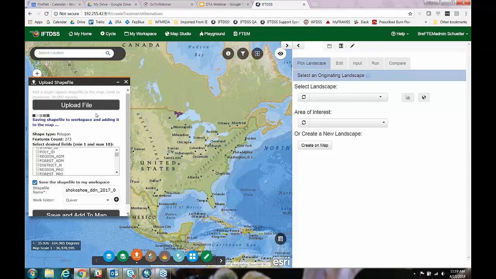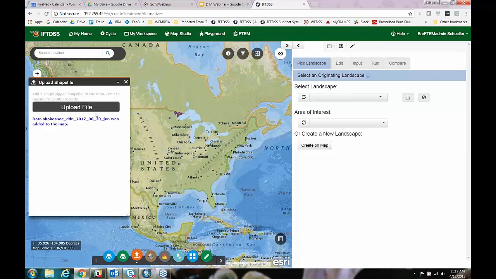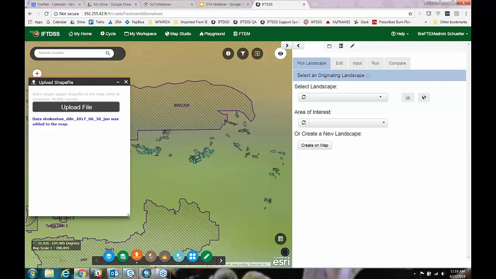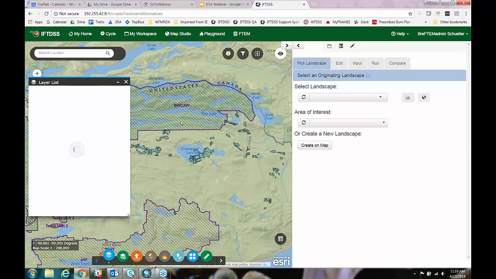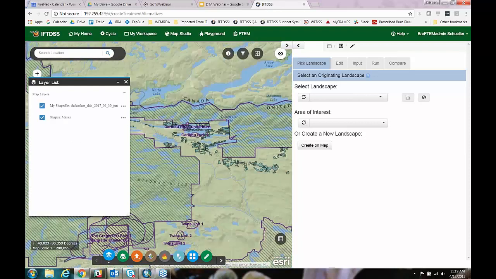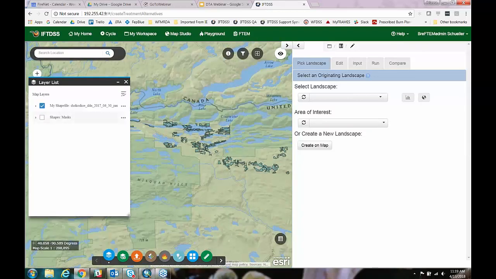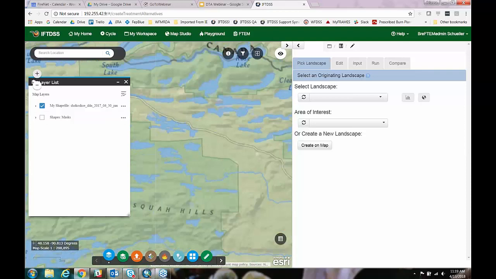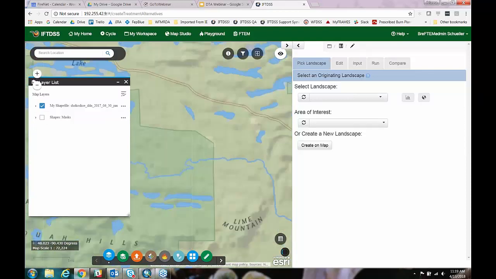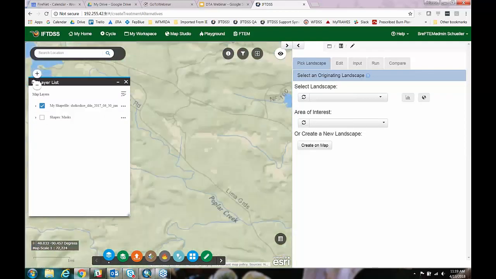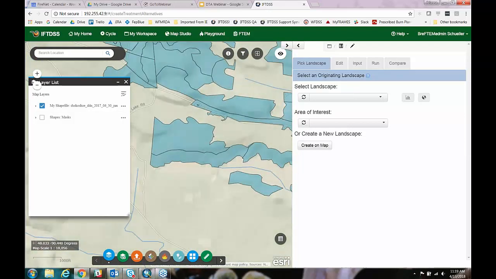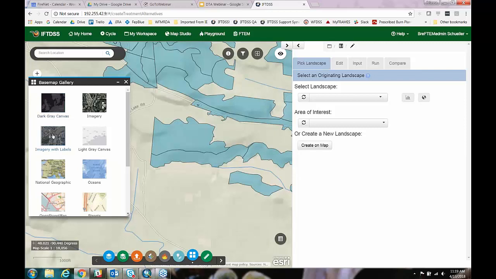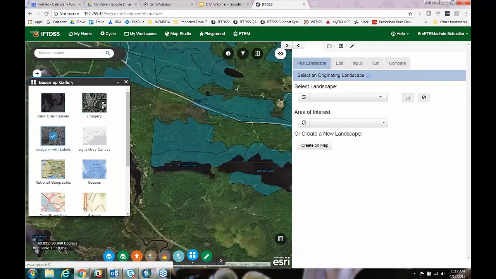And so it should save it, and it should ask me if I want to, okay, so it zoomed me in, so it didn't ask me that, which is good. I'm just going to clean up a couple things here. And now I'm going to zoom in to my units of interest, which are these two here. I'm going to go ahead and switch my base map